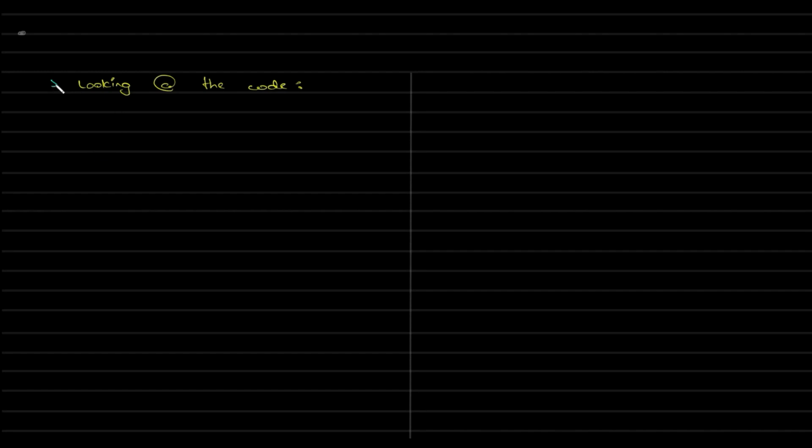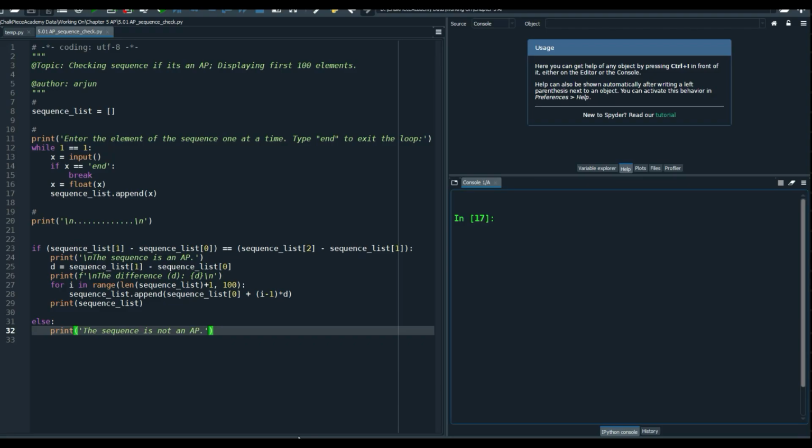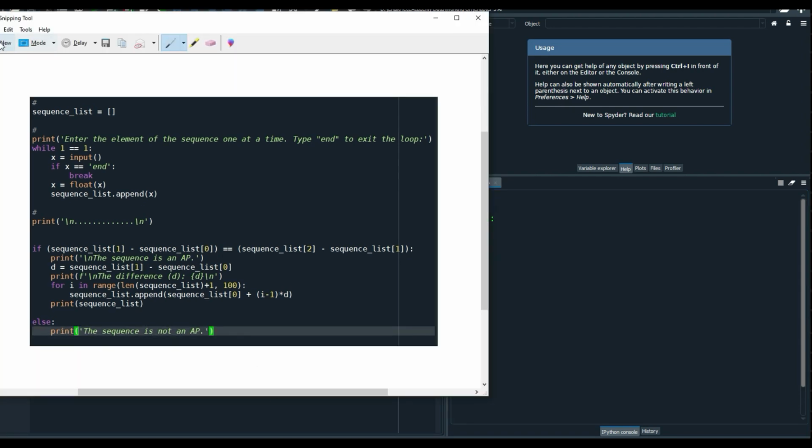We're looking at the code to check how it checks if a given sequence is in AP or not. I mean, if the given sequence is AP or not. Yeah, that's correct. So first we'll go to the code itself. We have here